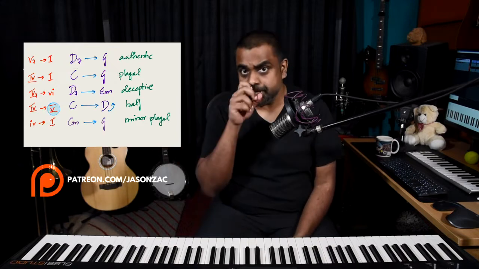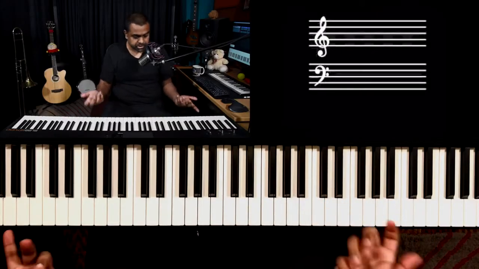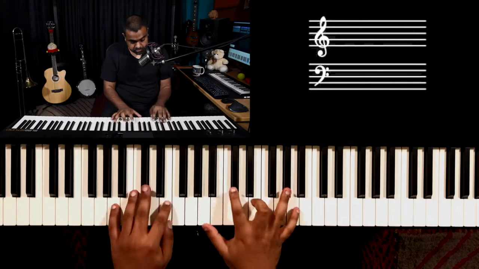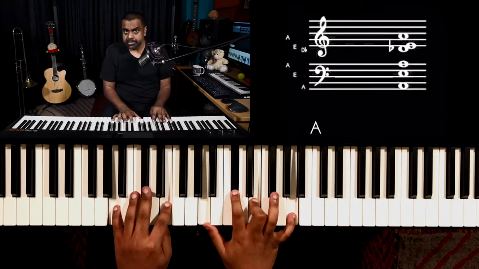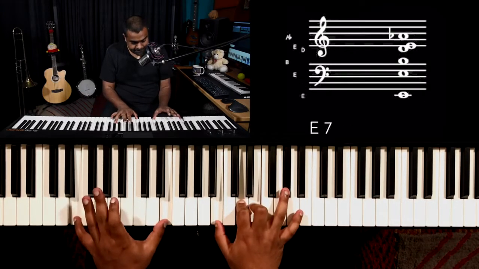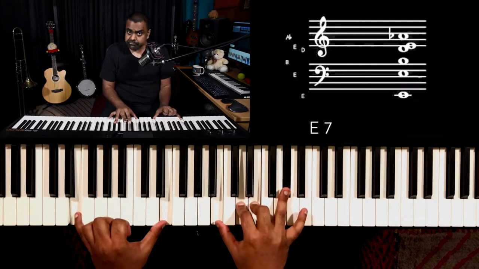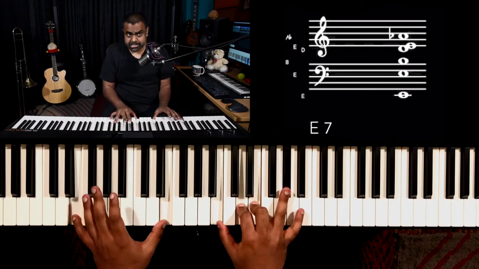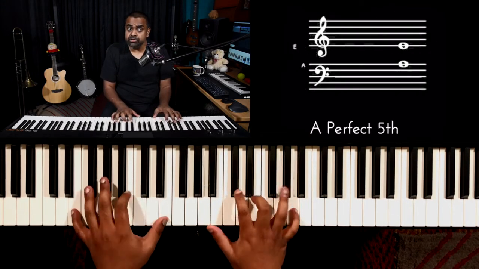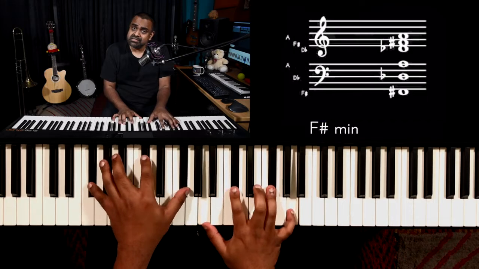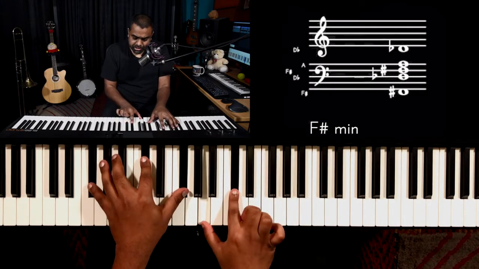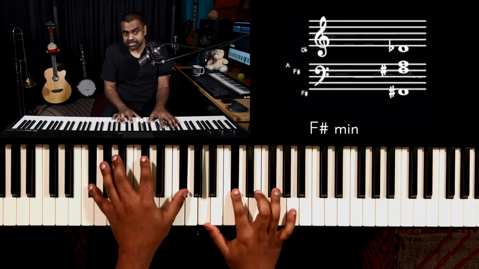We've looked at the authentic, we've looked at the plagal, and then something which is very important or interesting to consider is the next cadence, called the deceptive cadence. The deceptive cadence is where you do the 5, and instead of going to the major tonic, you do the minor. So you go 5 major or 5 dominant 7th. Instead of going to that, you go to the 6 minor, and you have 2 of the common notes, so it kind of works. It really works actually.